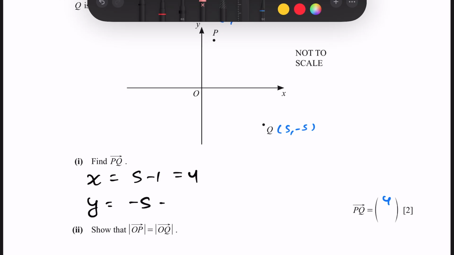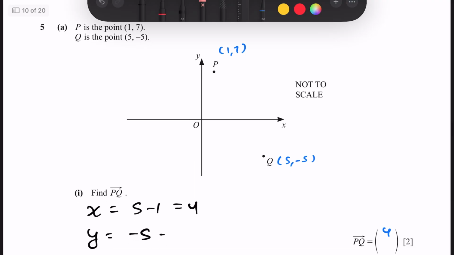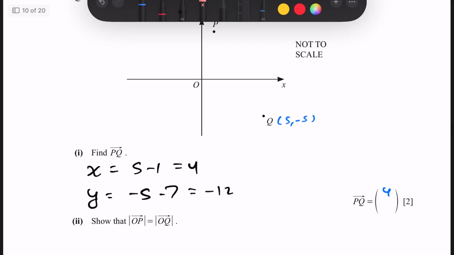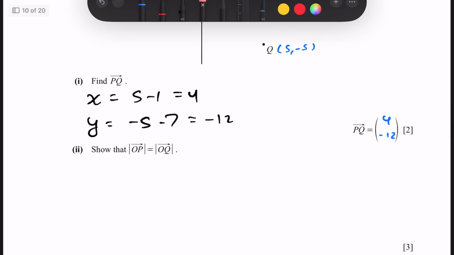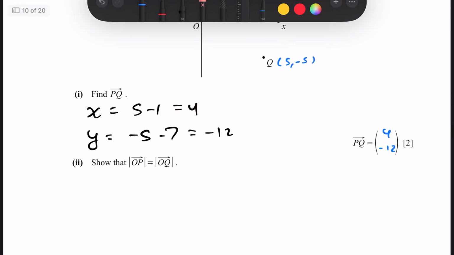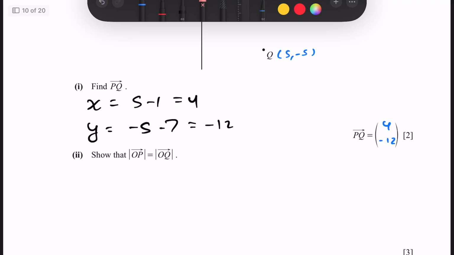Negative 5 minus the y value of the x coordinate, which is equal to 7. This is equal to negative 12. So that goes in the bottom. The reason that this is so is explained in part 2aii. Now 5aii says to show that OP, the magnitude of the vector OP, is equal to the magnitude of the